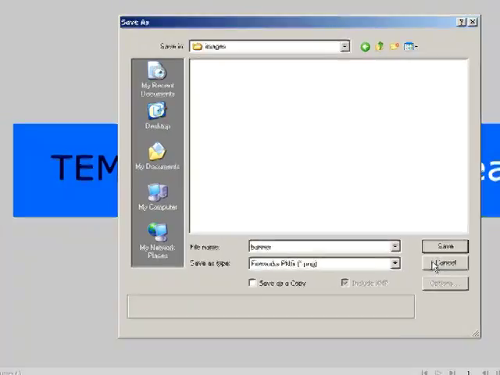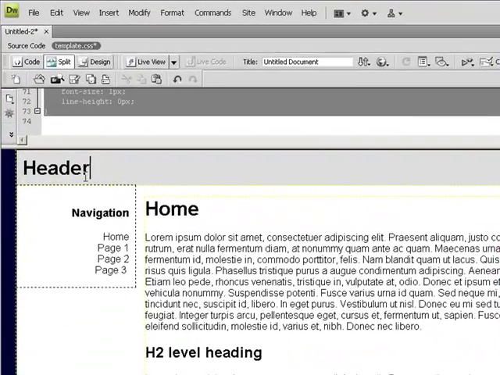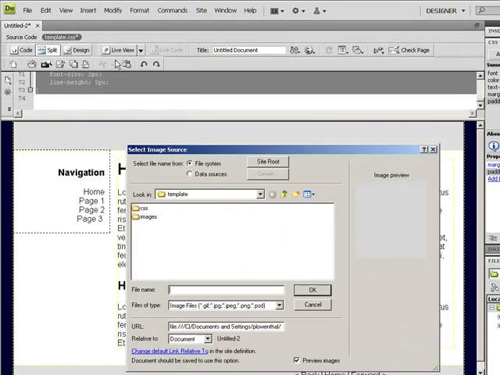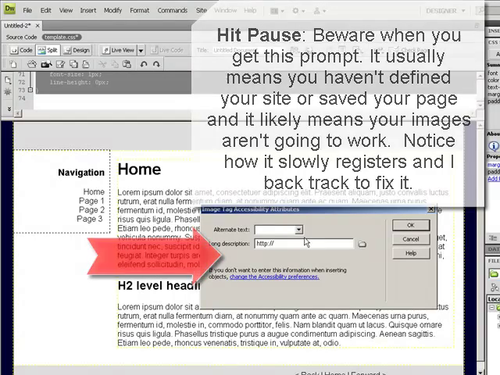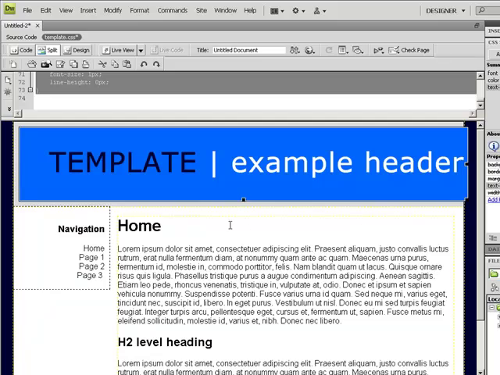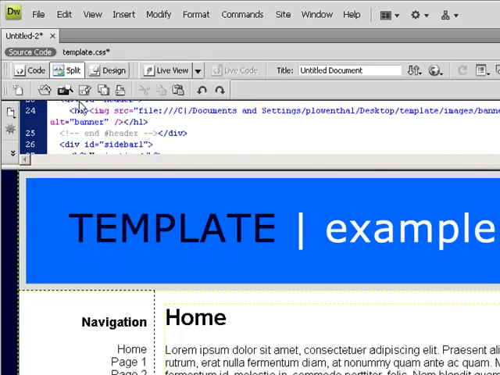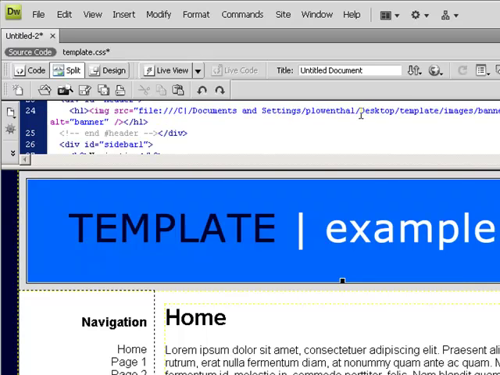I'm comfortable using a PNG file. Some really old browsers don't support it, but it's rare. So then I go over here, I delete the text, I insert my image. Okay, so now, actually, yeah, I wasn't paying attention. So see, now I can look at my source file, and it's actually doing it relative,